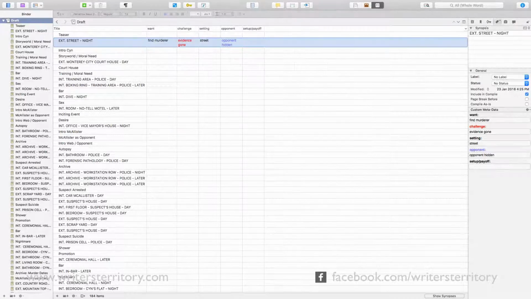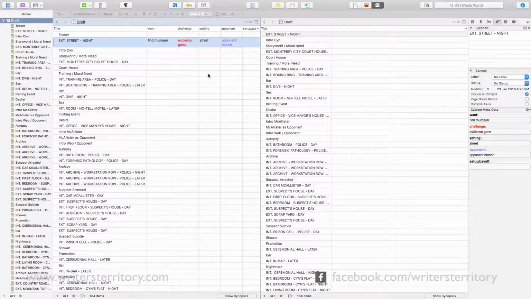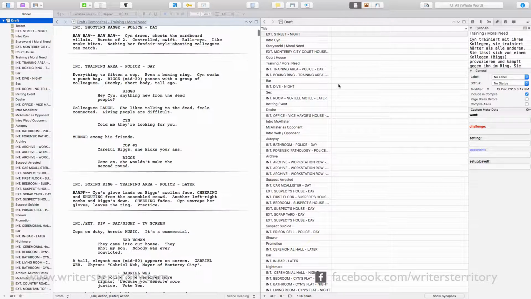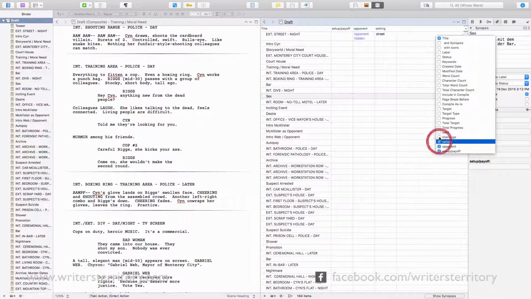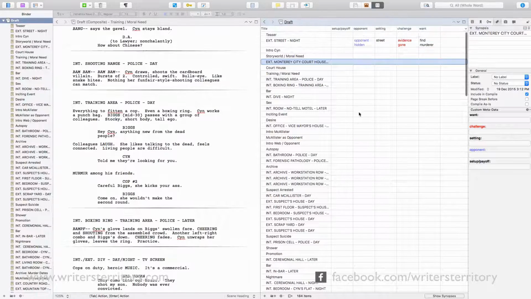The way you can set it up for writing is, for example, you can have the editor split in two and then view your scenes on the left side and your metadata spreadsheet on the right. That way, if you get lost or stuck in your writing, you can always refer back to the right side of your screen and check what you need to accomplish in each scene. Or maybe you want to change the metadata content if you just got a better idea.